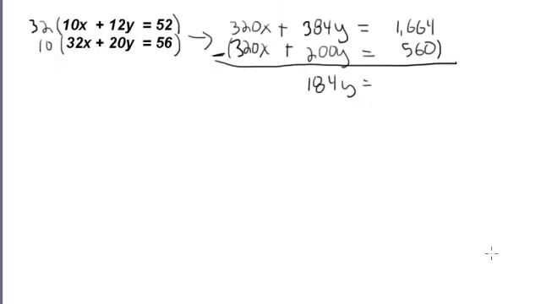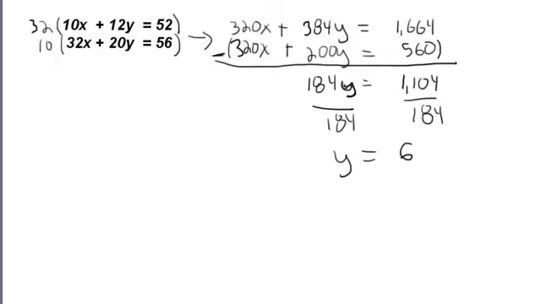And lastly, 1664 minus 560 gives us 1104. Alright, so now we're in great shape because we have one variable, y. This is 184y equals 1104. And now we just have to divide both sides by 184, and we can know the value of y,